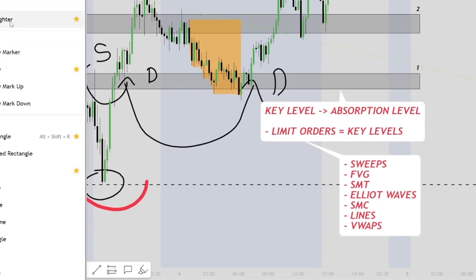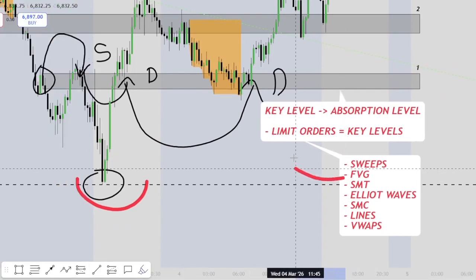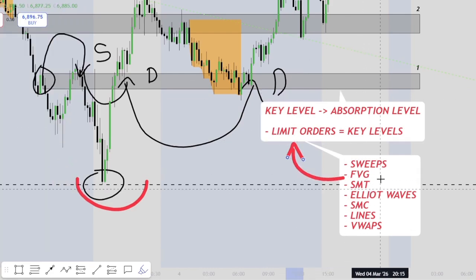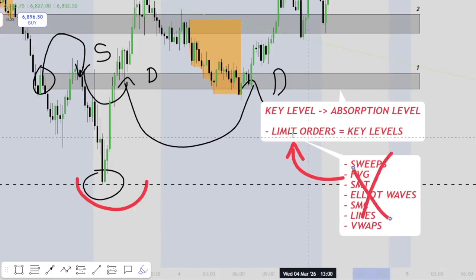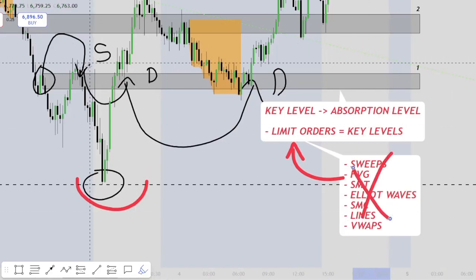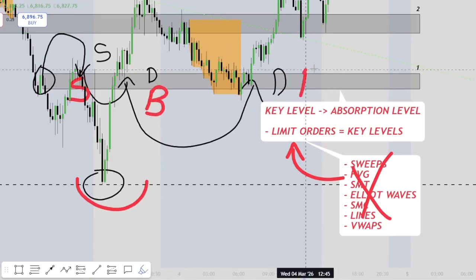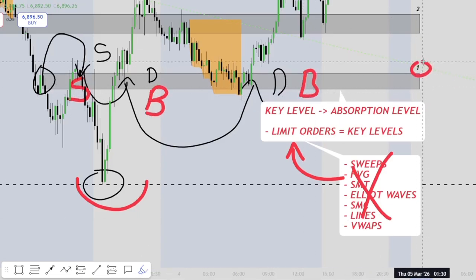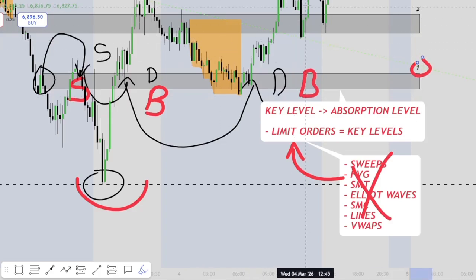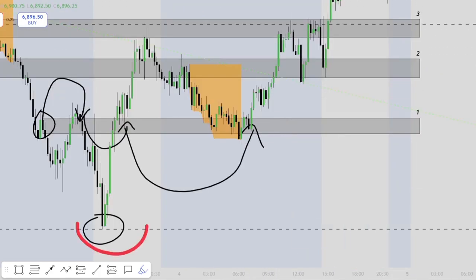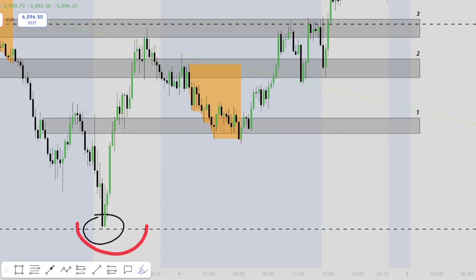You can use fair value gaps to find voids in price where the market is more likely to react. Now, just because there's a fair value gap does not mean there's a key level. You want to ditch all these and focus on one fair value gap, and see there are sell limit orders here, buy limit orders here, buy limit orders here. So this is key level 1 because the market has shown you that there are limit orders resting in this area. Now that same logic applies for key level 1, 2, 3, 4, and 5. So all of my levels follow the same